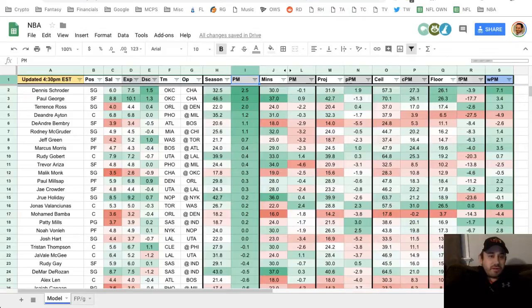I think Bembry and Magruder are more like when there are injuries and they're forced into a primary role on their respective teams, they kind of step up. But Ross, George, and Schroeder are awesome discounts based on what they've been doing this season versus their salary. And then in recent form,